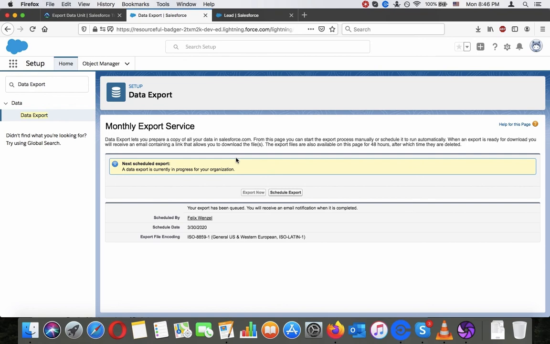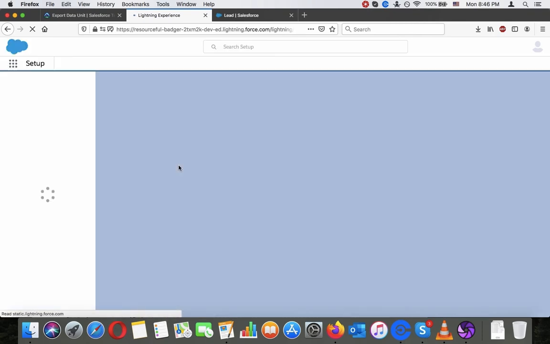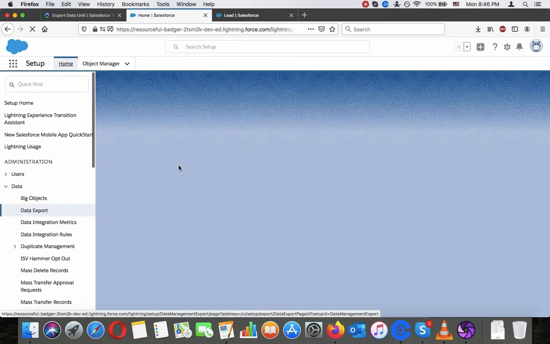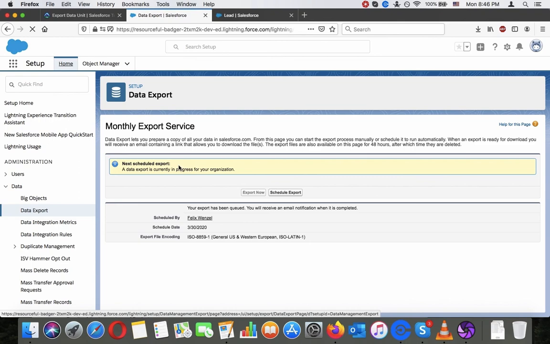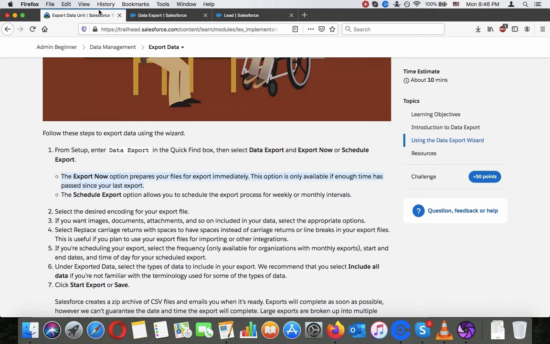And I will apparently receive an email notification when it's completed. Let's just reload this and see the status updates. Don't have my email client open right now, but anyway, it has been queued and I will apparently receive an